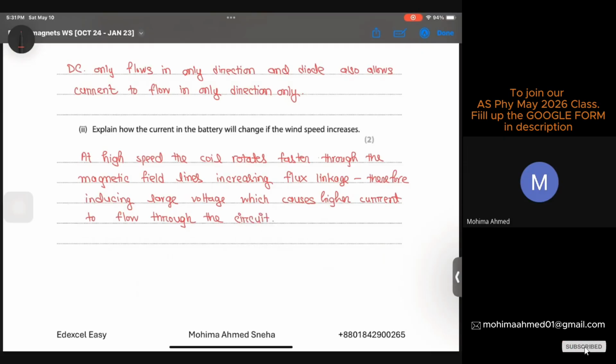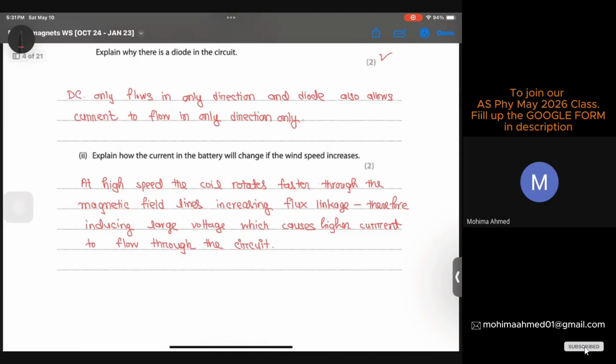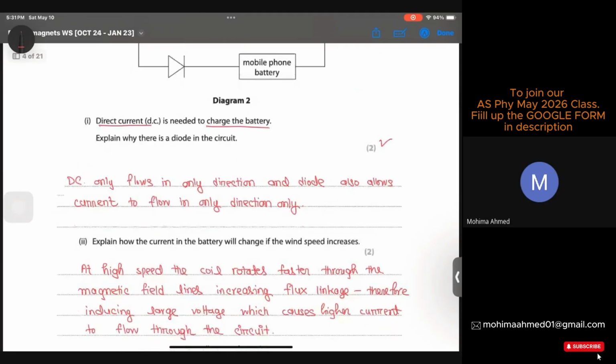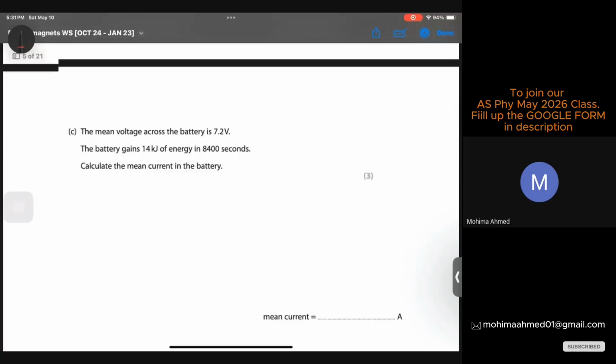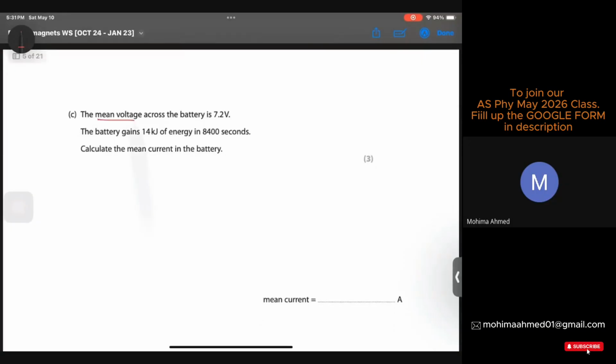For the cycle, right? Is this clear? Any question from this part? No, miss. Okay, then that's it. If we move on to the next one, it says that the mean voltage across the